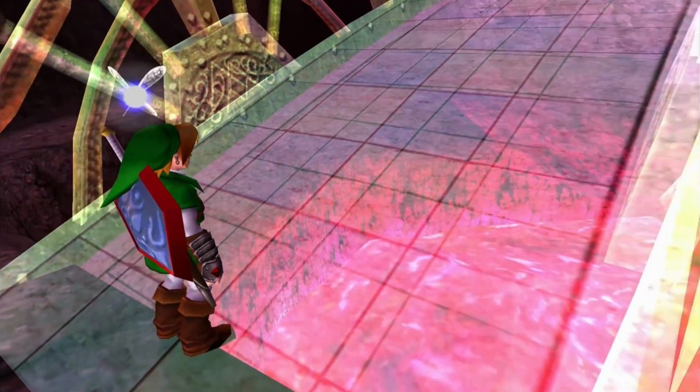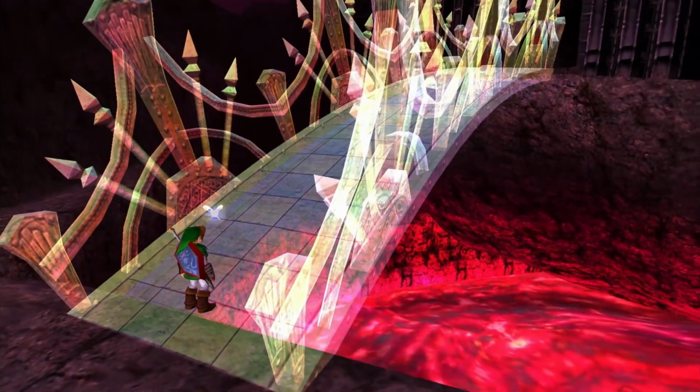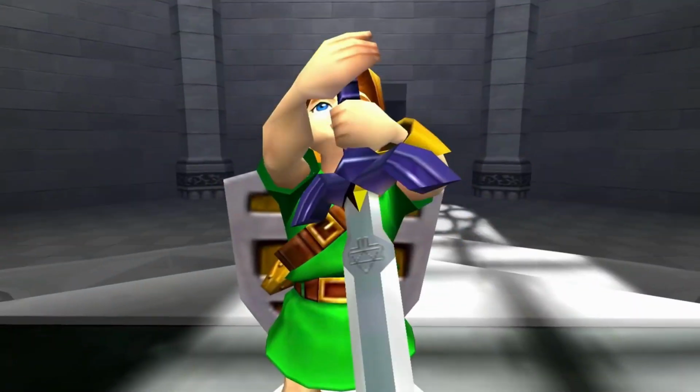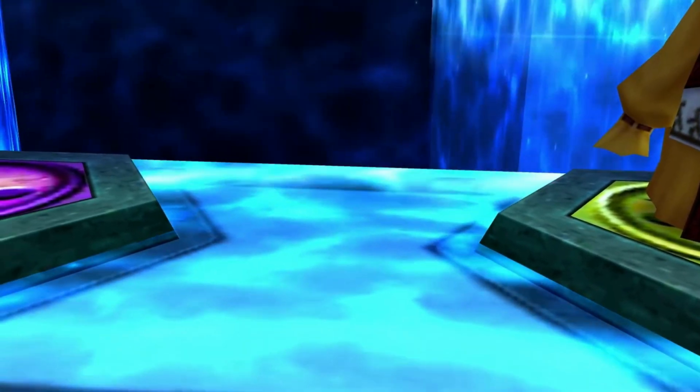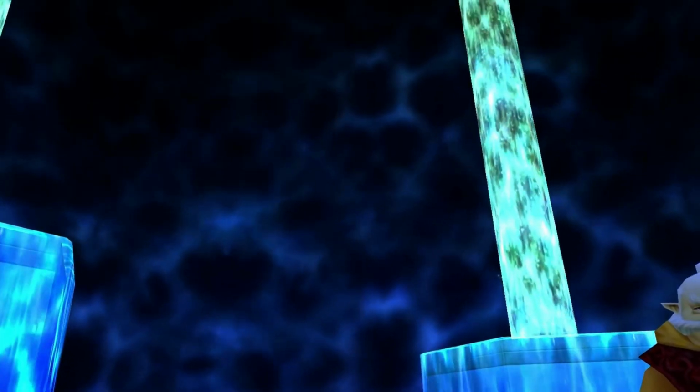Link awakens the sages, therefore he can get to Ganondorf's castle. Link pulls out the Master Sword to defeat Ganondorf, but he's not old enough to defeat Ganondorf and gets trapped in the Sacred Realm, which completely shifts our story and gives the main character a new goal on how to defeat Ganondorf.